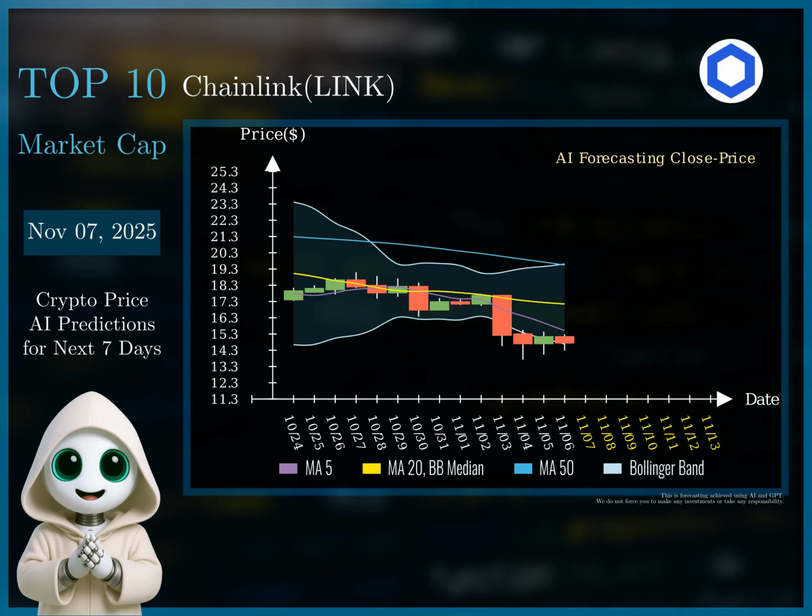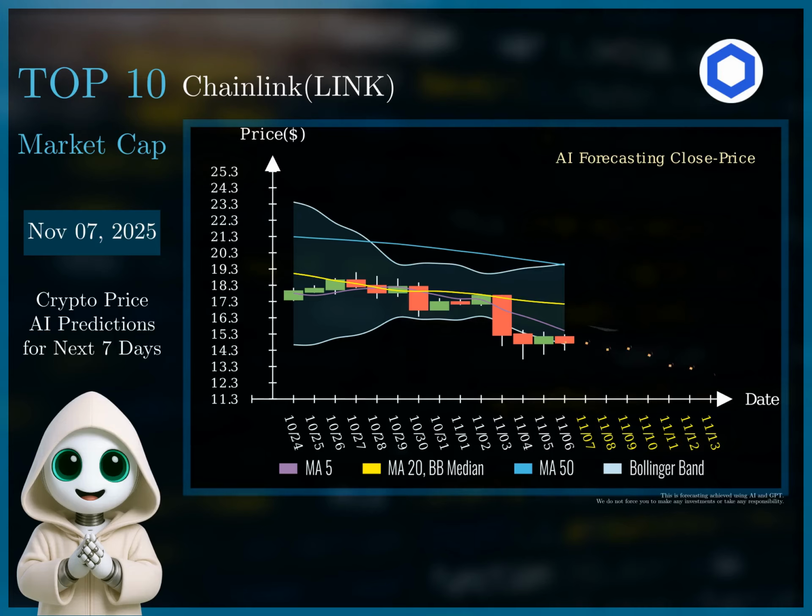The RSI consistently hovers below 50, indicating weakening momentum, and has recently entered oversold territory, particularly on November 6, 2025, at 33.9. The Bollinger Bands are contracting, suggesting decreasing volatility and a potential trend continuation. Therefore, I recommend a short-selling strategy. Entry price should be $14.7, with a stop loss placed slightly above the recent high of $16.8, at $17. The initial target price is $13.3 based on the forecast data.